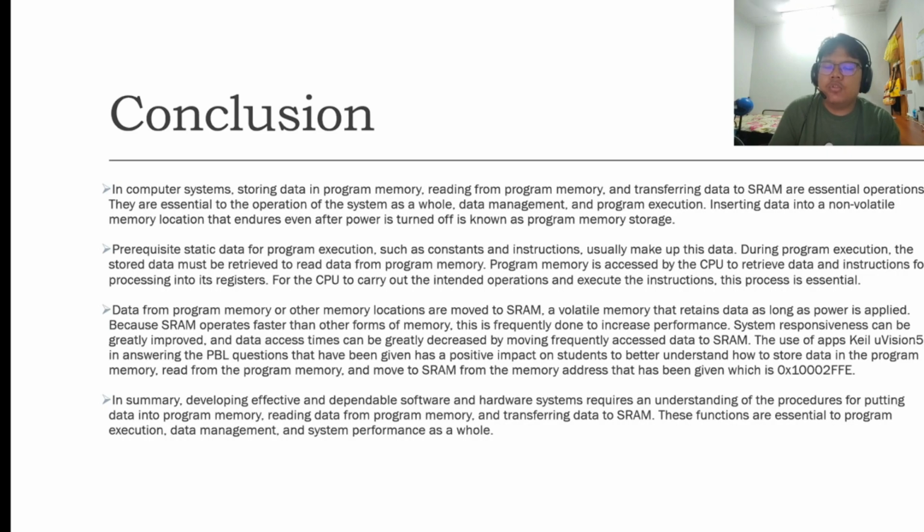The use of this app, Keil uVision 5, in answering the PBL question that has been given has a positive impact on students, helping them better understand how to store data in program memory, read from program memory, and move to SRAM from the memory address that has been given, which is 0x1000 2FFE. Okay. In summary, developing effective and dependable software and hardware systems requires an understanding of the procedure for